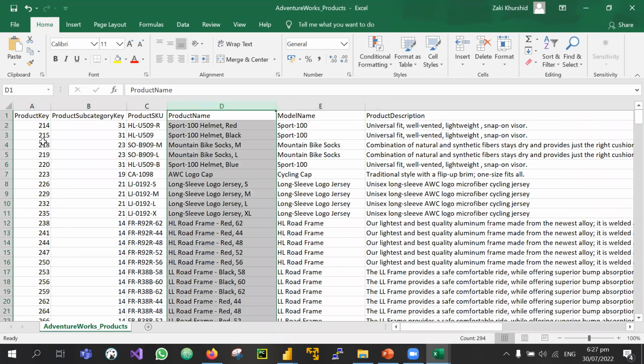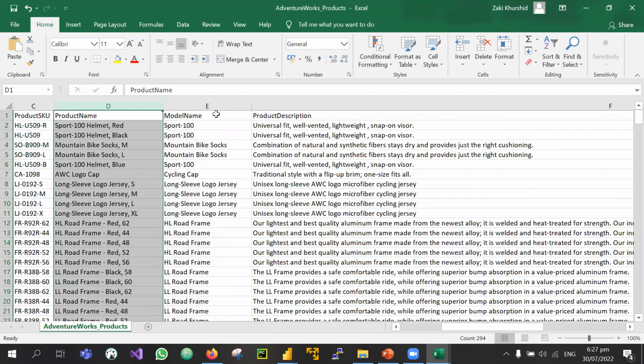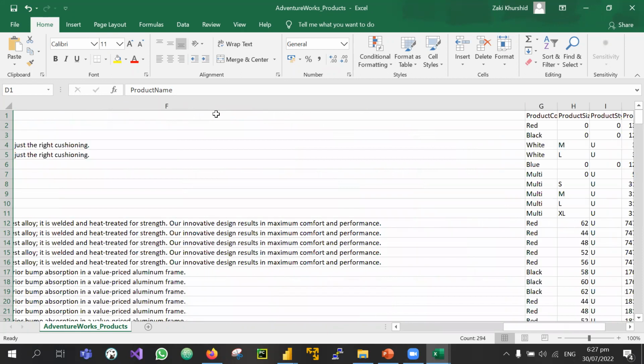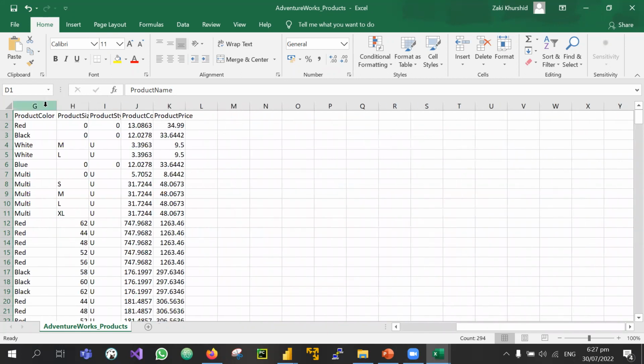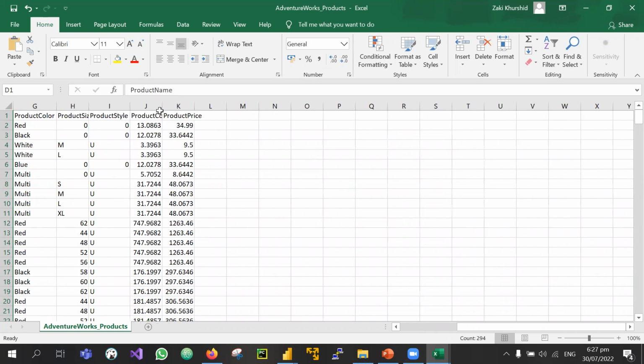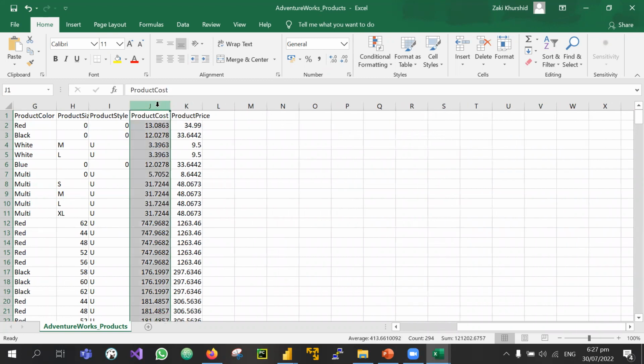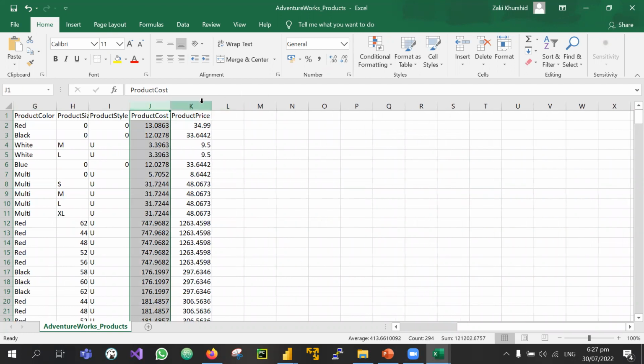So basically we have the product key, which is the product ID of each product. Then we have the subcategory key. We have the SKUs, the product names, models, descriptions, product color, size, style. And finally we have the product cost. So what was the cost of the actual product, and what is the price that it is being sold at. So let's import this one,